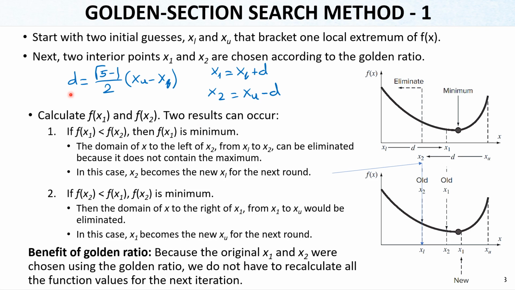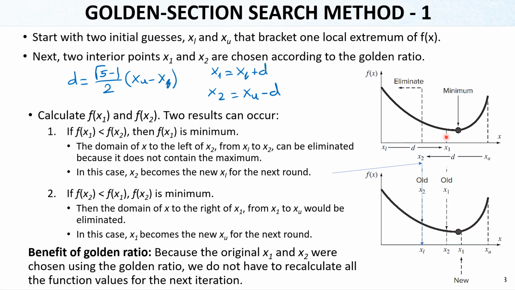Basically, that's why we don't need 4 initial guesses, we just need 2 initial guesses, and the golden ratio to get the additional 2 values, x1 and x2. Then we will calculate fx1 and fx2 because we know the function value, and 2 results can occur. The first one is, the x1 function value can be smaller than the x2 function value, then